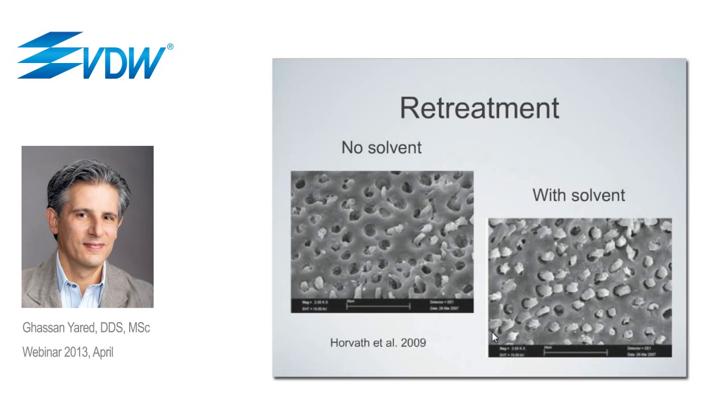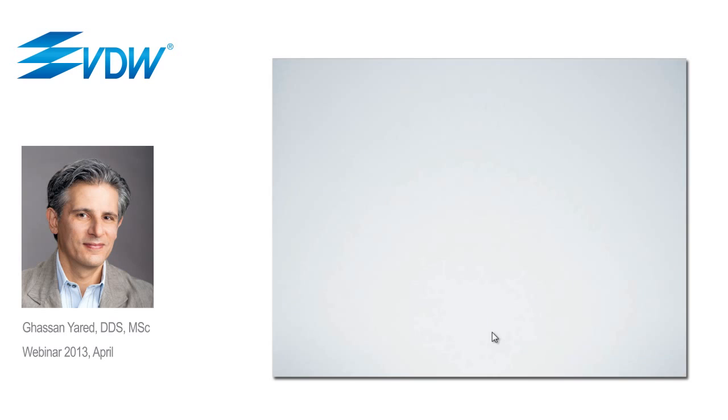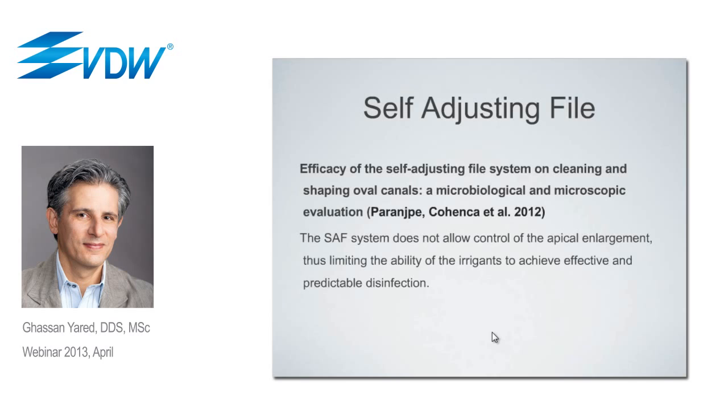No technique will be able to remove the obturation material completely, but studies have shown that when we do not use a solvent, we will have cleaner canals compared to canals where we use a solvent for retreatment. So that is also one other advantage of the reciprocating instrument. Now,